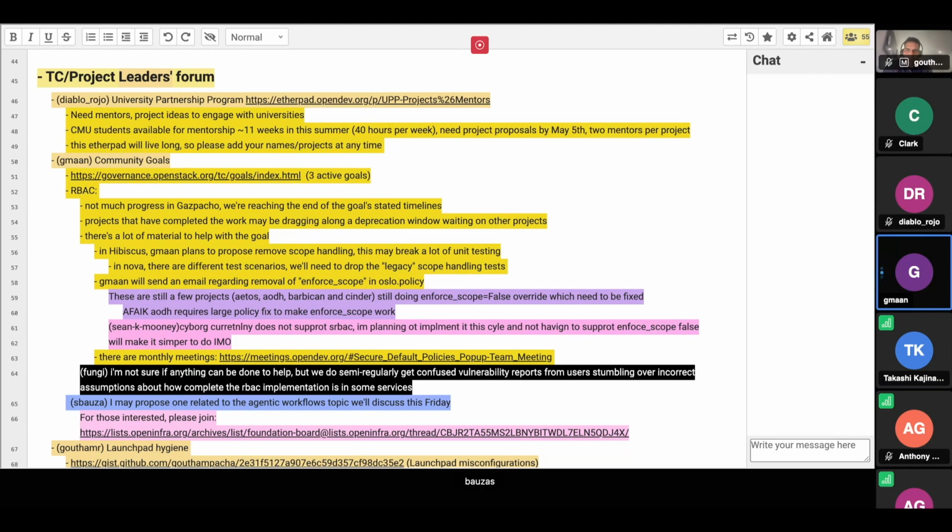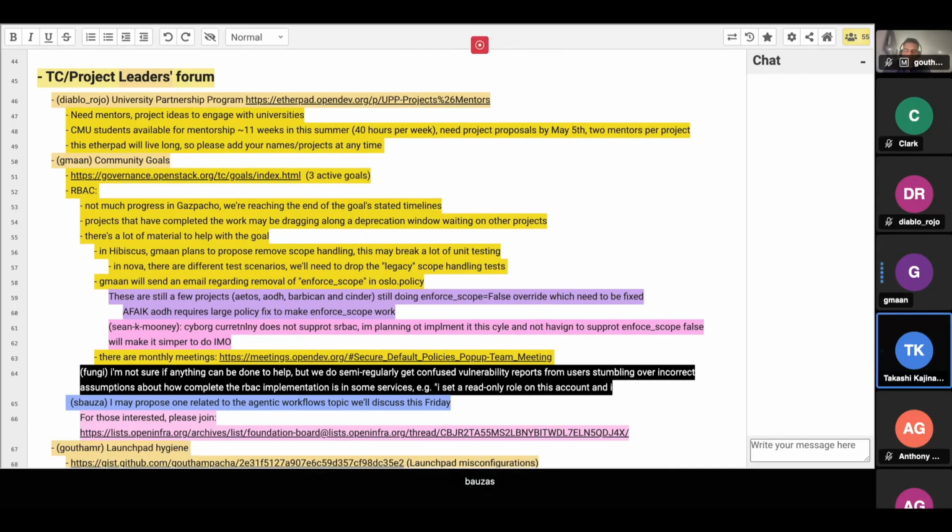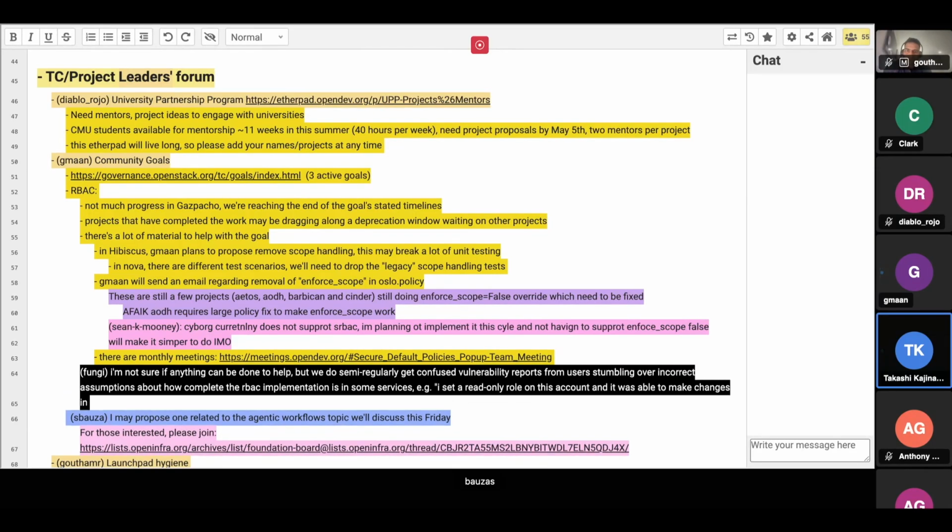Yeah, I have that list of projects in the Etherpad from when we enabled it by default a couple of cycles before, like Barbican, Tacker, or a few more. They were not ready on the new default, but this cycle I'm targeting it. I pushed a change on Barbican to enable it by default, which is failing.